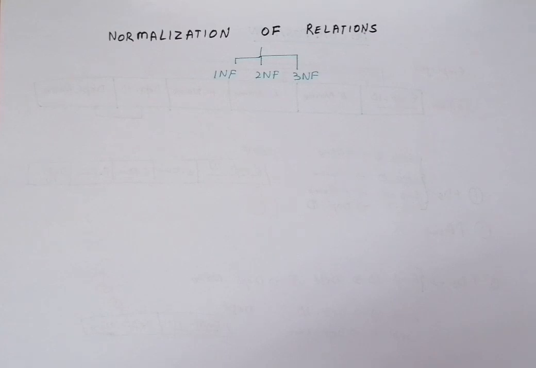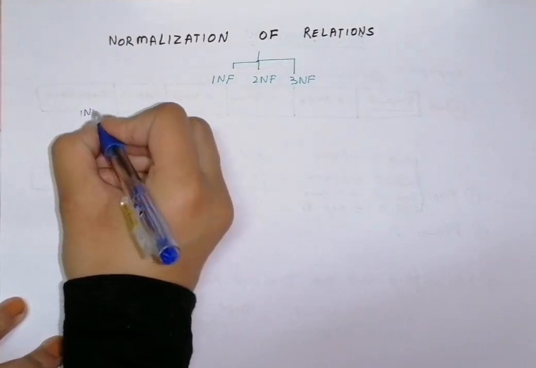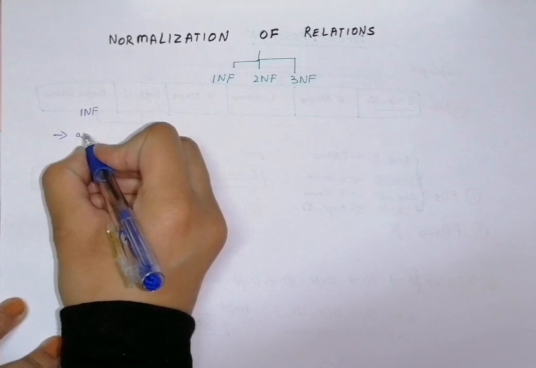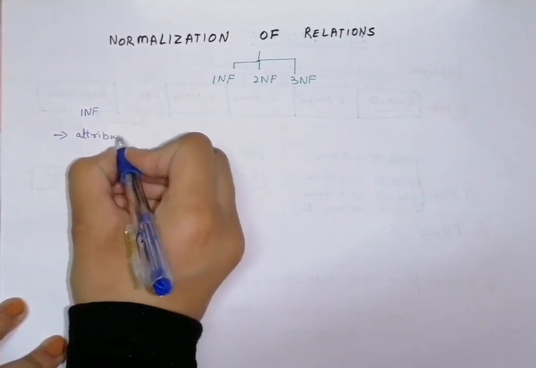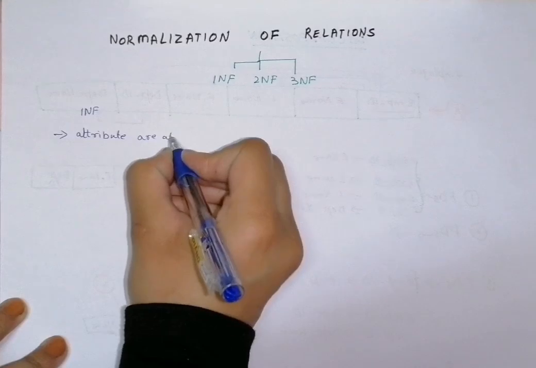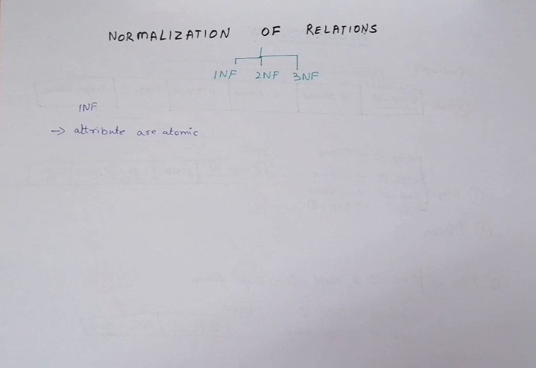Okay, so when we talk about the first normal form, it assumes that all the attributes are atomic. What does that mean? That means that if your table has different attributes, all the attributes contain only a single value. Composite values or multi-valued attributes are not allowed here. All the values must be a single value. For example, if I target the address, the address must contain only one value, not street number, city, lane, etc.